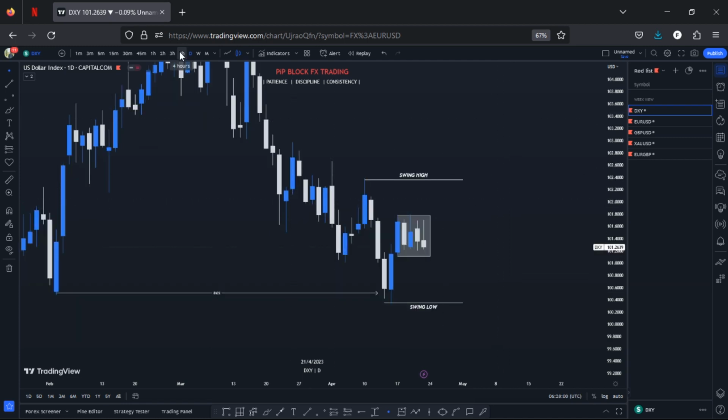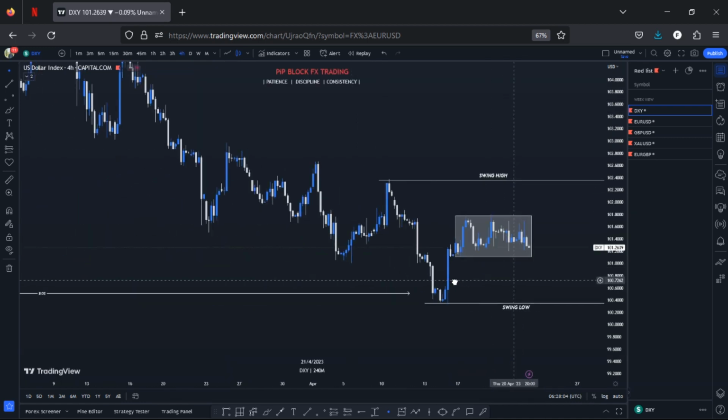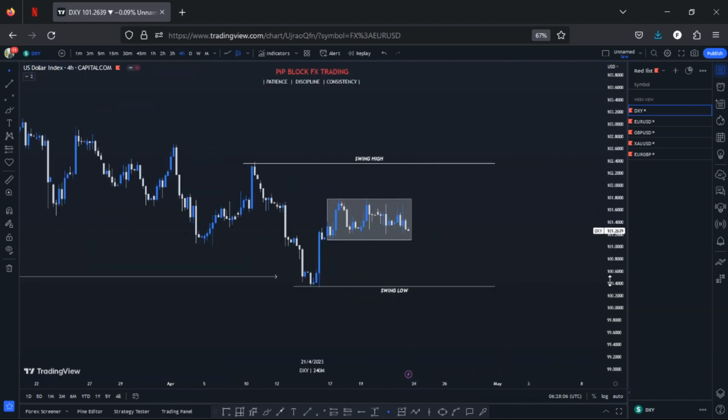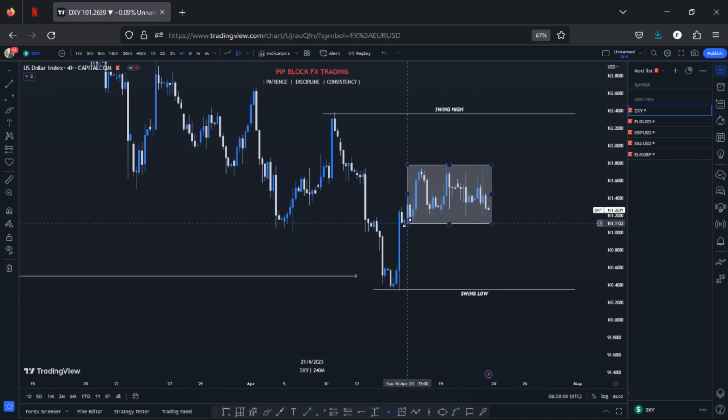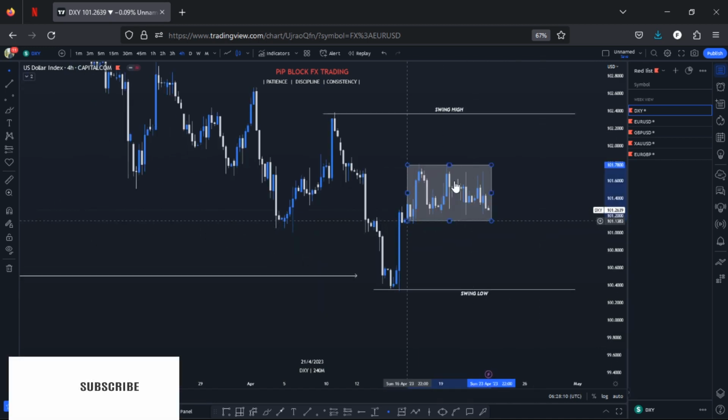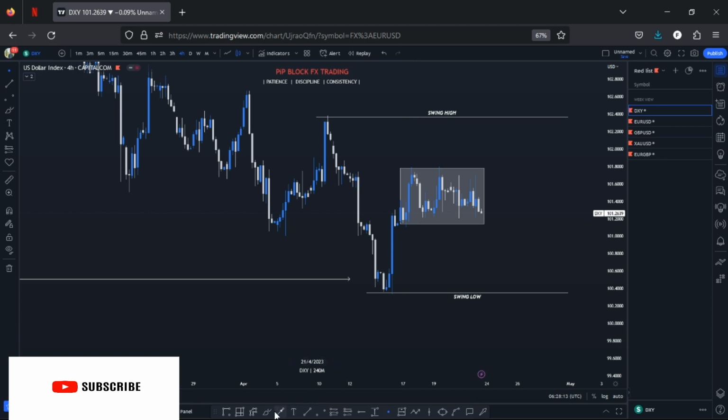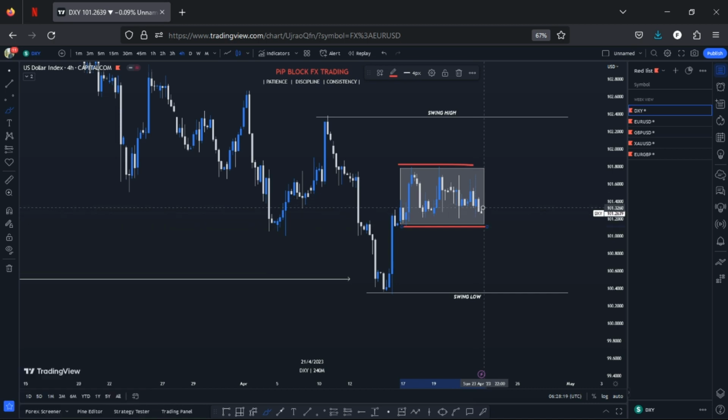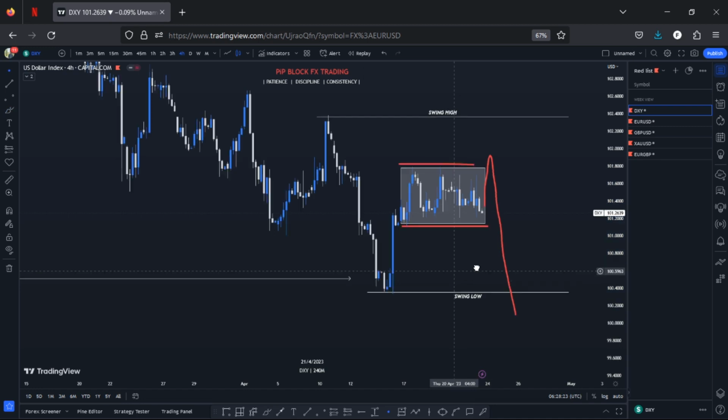Okay, so what am I going to be expecting for DXY? Since I'm going to be bearish for DXY, I'm expecting markets to what? The whole of this week has been a form of consolidation in the markets. We have markets forming liquidity, so I'm going to expect the market to take out this liquidity. Then we continue with our bearishness.